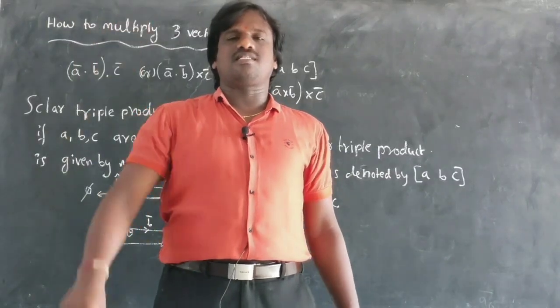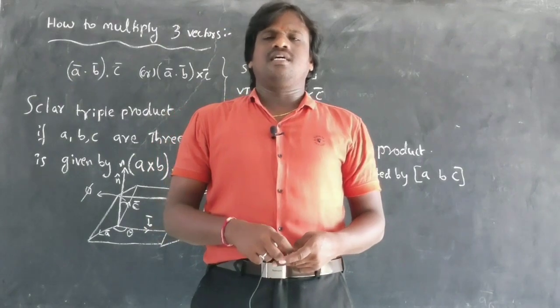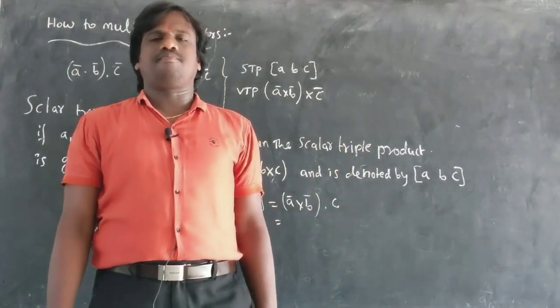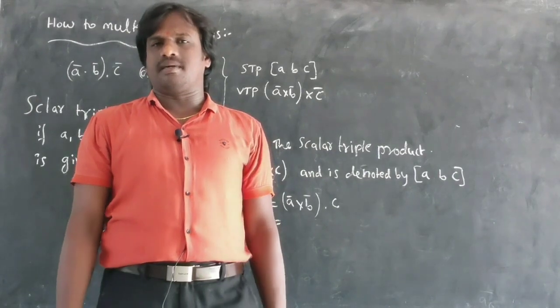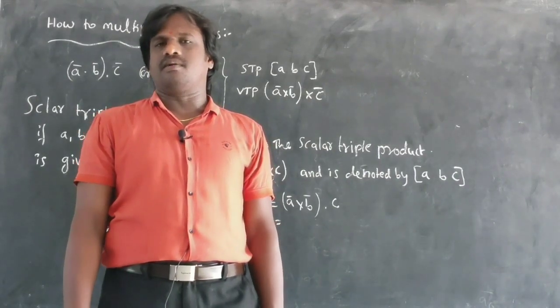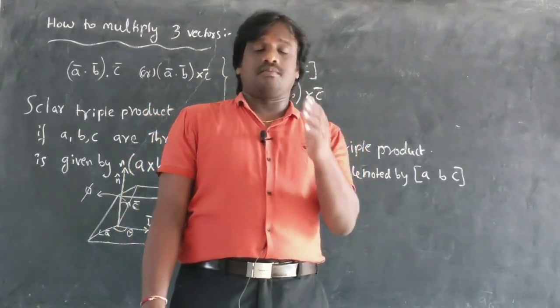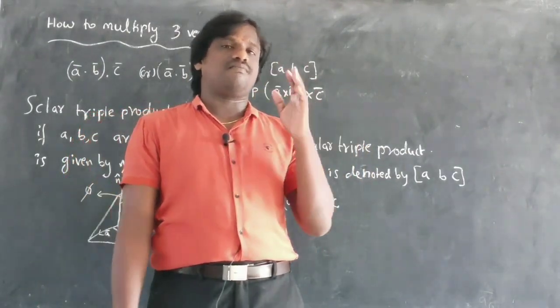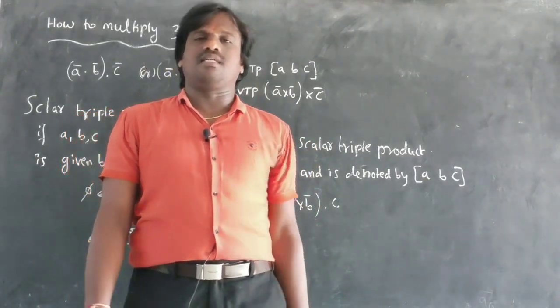Dear students, let us start today's class on vector product and scalar product. Yesterday I explained about linearly independent vectors and linearly dependent vectors, and we solved some problems on A cross B of previous year questions. So yesterday's questions are very important. One of the questions was asked in JEE 2019. The same model is repeated.